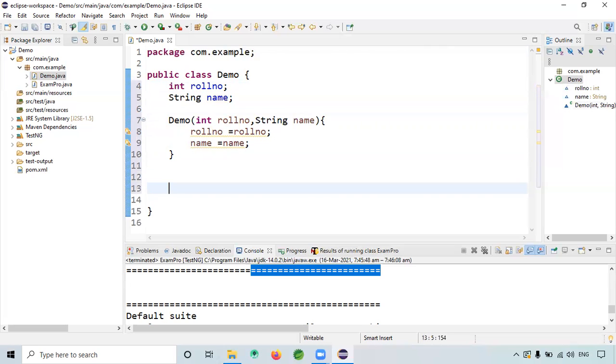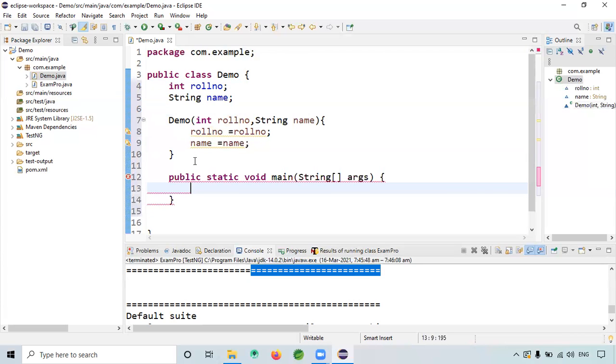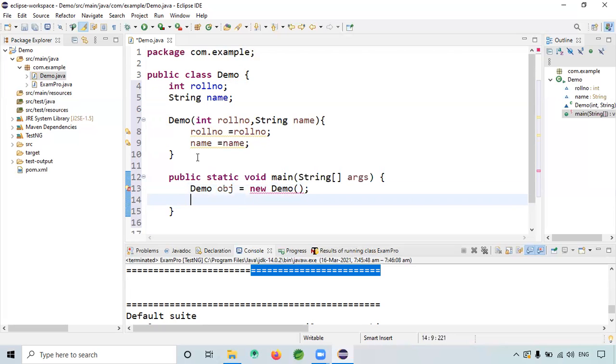Now I will have a main method. In the main method, I will create one demo object, demo obj is equal to new Demo.